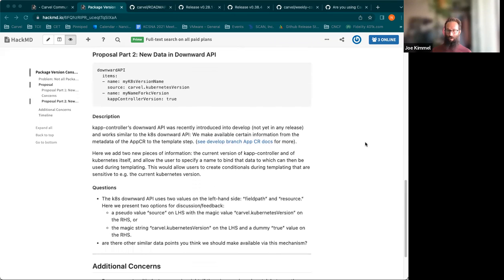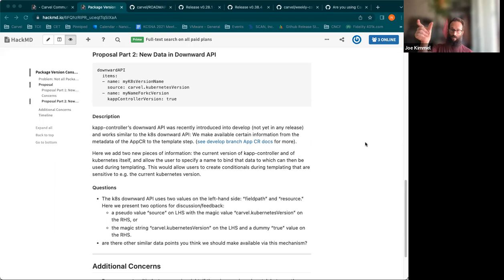I appreciate the discussion. Okay, so the other thing, exactly as prophesied by Scott Rosenberg, is we're going to make this information available in templating because you probably care about that. You probably have conditional logic and all kinds of terrible, gnarly things to do depending on the version. And so Dennis recently added, we're calling it downward API. It's an analogy to the Kubernetes downward API. So we're making available data that's in like the meta, like the app,